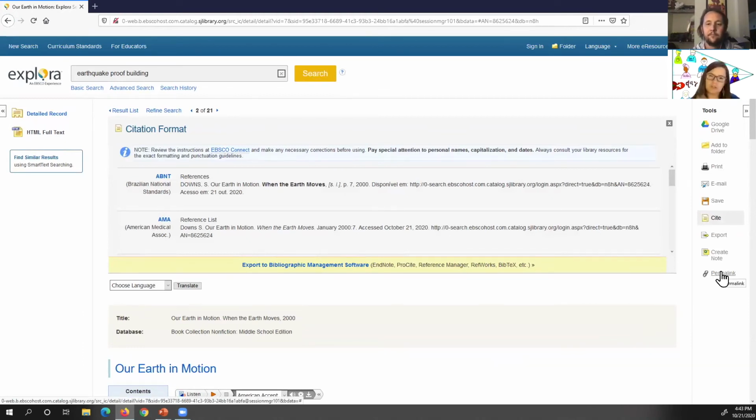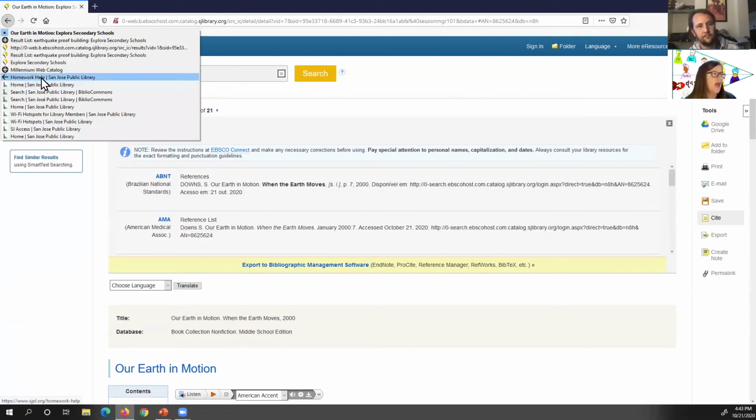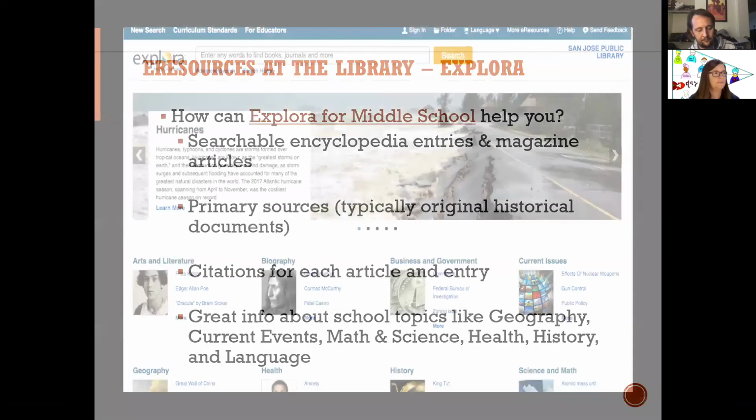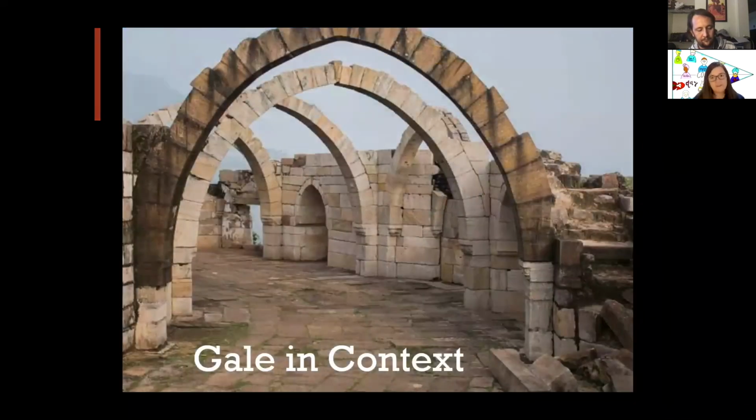So again, there's lots and lots of tools to enable those increasingly deeper dives that they're going to do into research. So Explore is great because at the very basic level, it starts off as a general thing. You can poke around in it, but it really does have those tools that you can use later. One of the next series that I like to highlight, especially for middle school students, is something called Gale's In Context series.